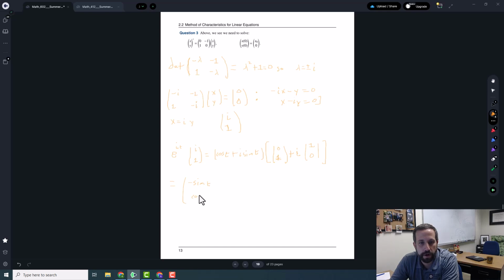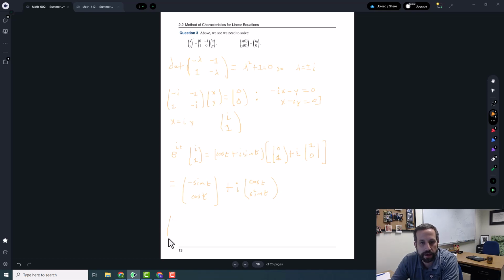In the bottom component, I'm going to get cosine t. Well, how do I get an imaginary vector? If I do cosine t times the second vector, or i sine t times the first vector, I'm going to get sine t. So the general solution then